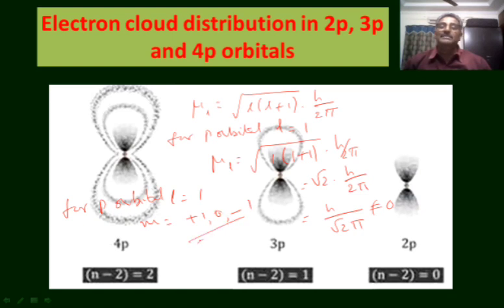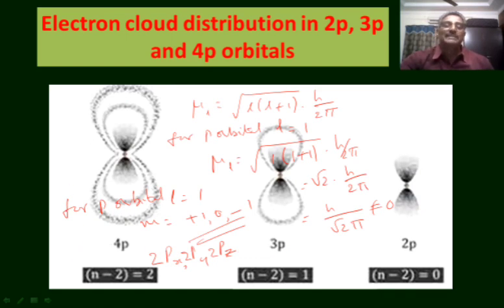That means there are 3 possibilities of orientation of p orbital. So these p orbitals are said to be the px orbital, py orbital and pz orbital. That is, in the second main energy level, there are 3 p orbitals, said to be 2px orbital, 2py orbital and 2pz orbital. In the same way, in the third main energy level also, the p orbital can have 3 orientations, and those 3 p orbitals are said to be 3px orbital, 3py orbital and 3pz orbital.